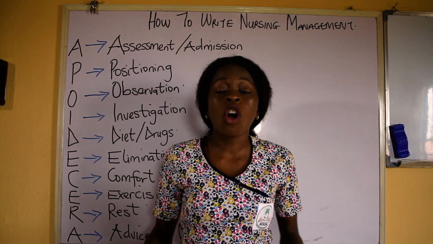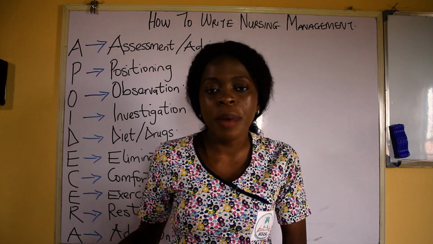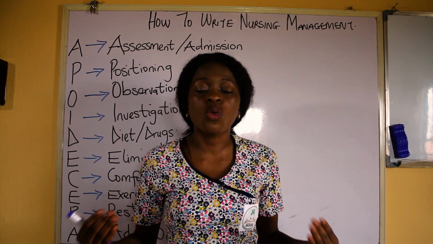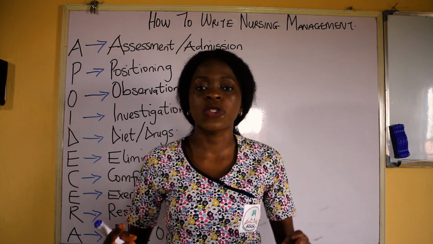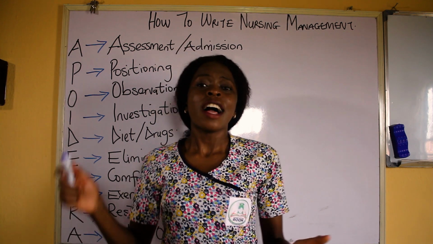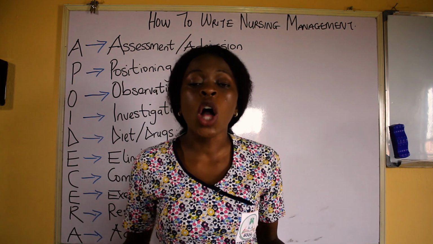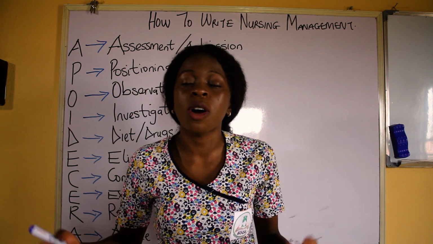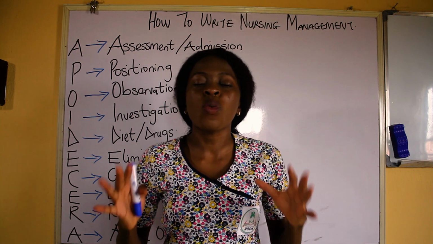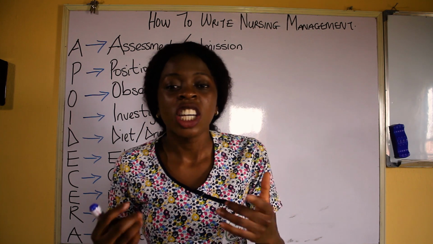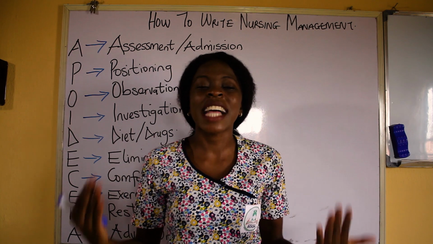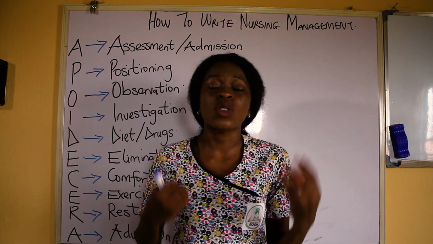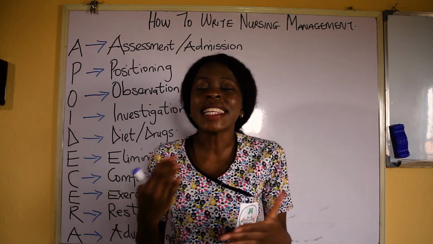Then 3, encourage patients to practice good environmental and personal hygiene. 4, encourage patients to eat good food, well nutritious food and balanced diet. 5, encourage patients to always come for checkup. That's their follow-up. They should come for follow-up and also come for checkup. 6, encourage patients that when they notice any abnormal change, they should report to the hospital as soon as possible. Right? So these are advice on discharge that you can easily give to your patient